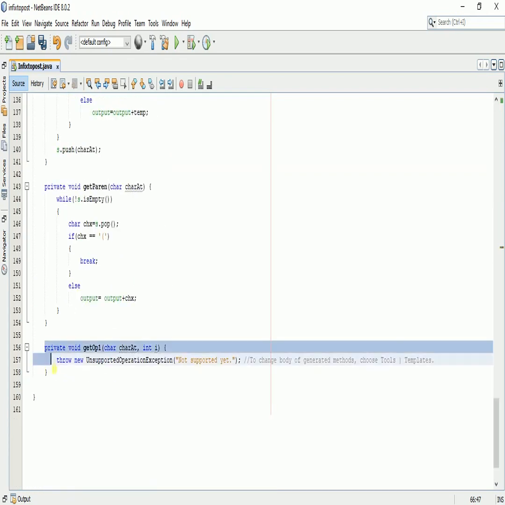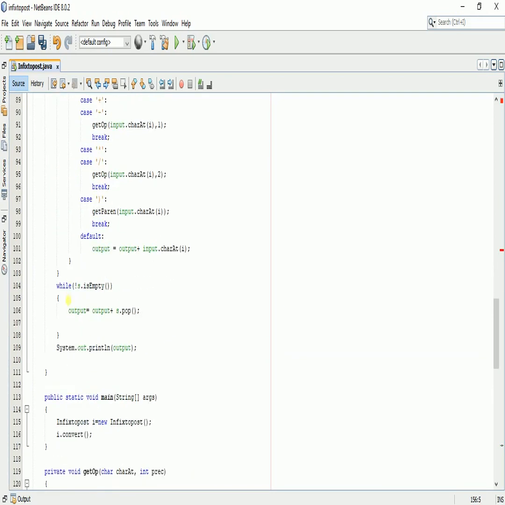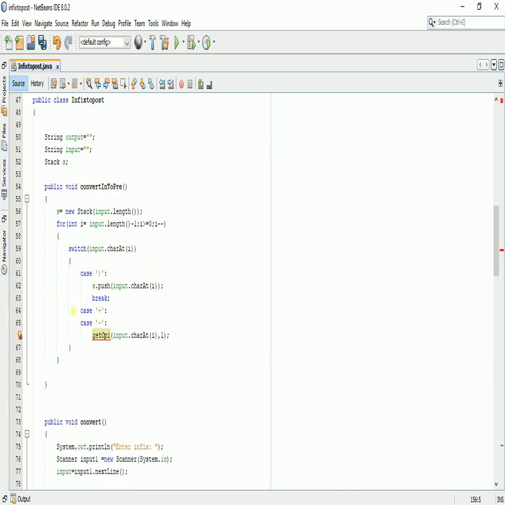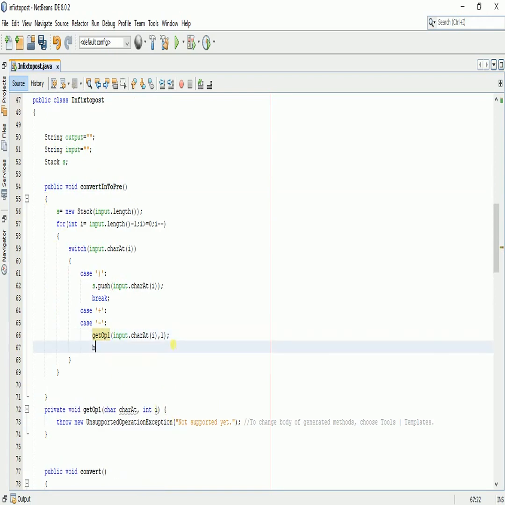I will cut this and paste it after this function convert into pre for my ease. It is not necessary, but I have done it for my ease. Now it will break from this.